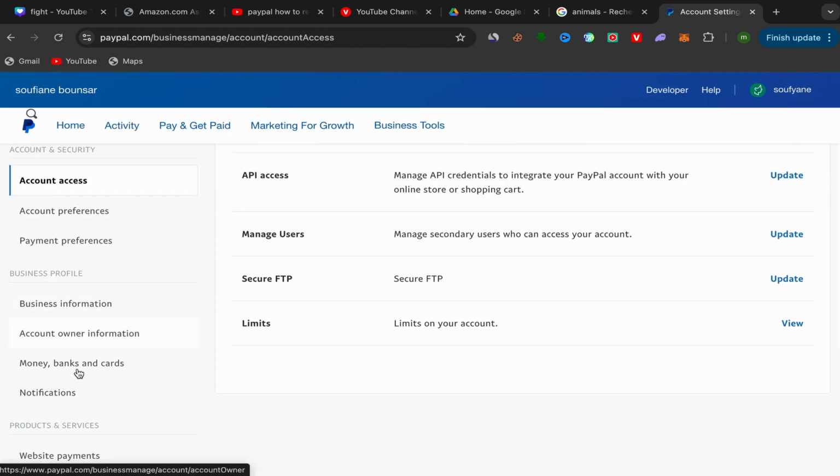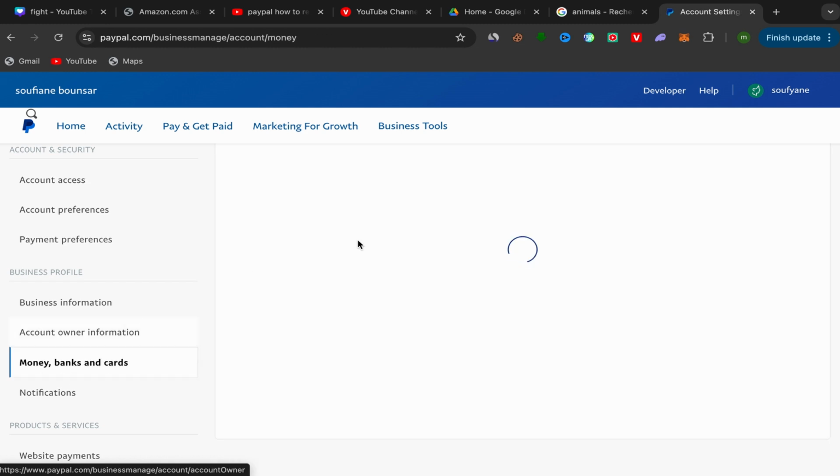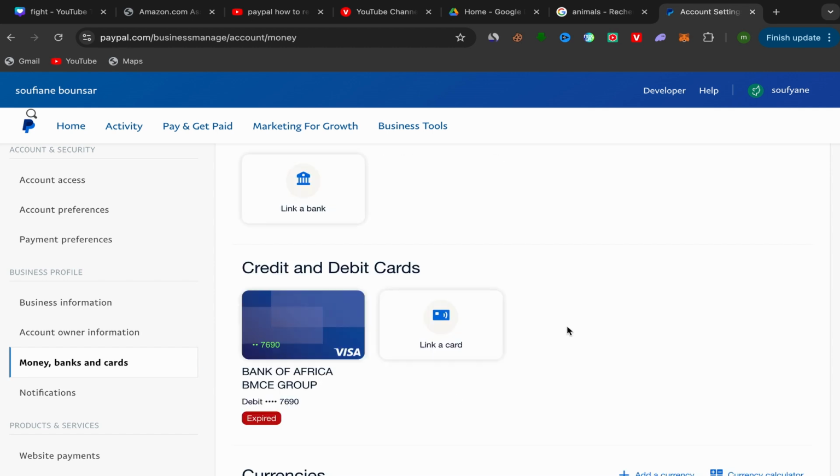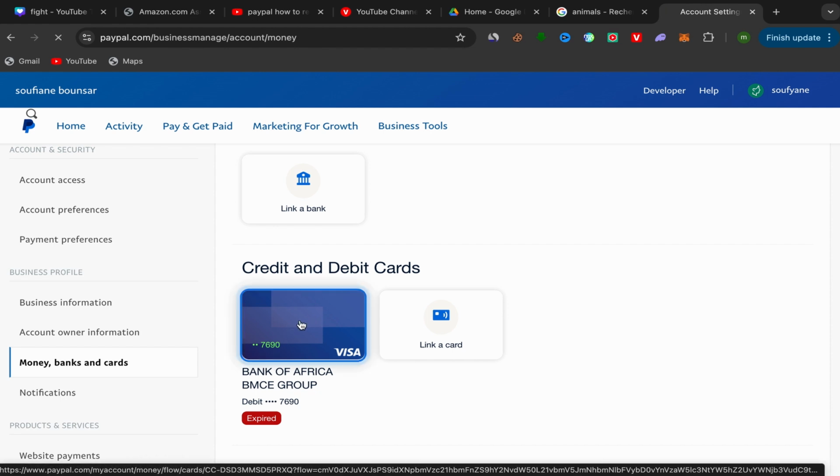Scroll down and go over here to money, banks and cards. Click on this one and you will be directly on this page over here, and you should see your credit and debit cards here. Click on your credit card like this